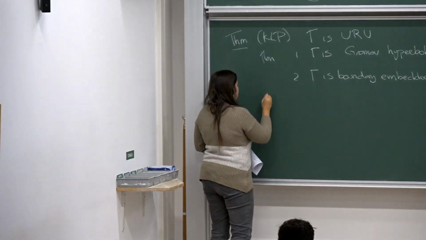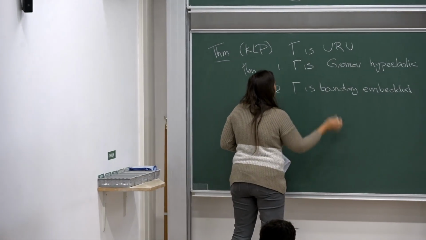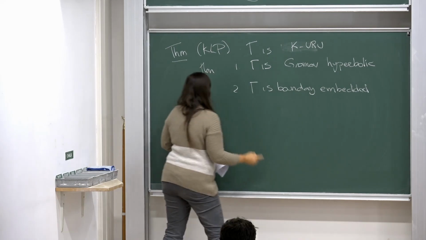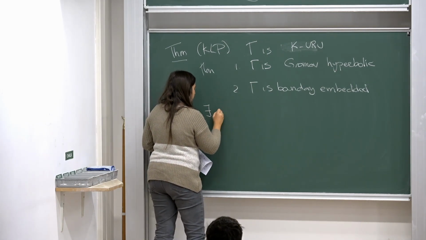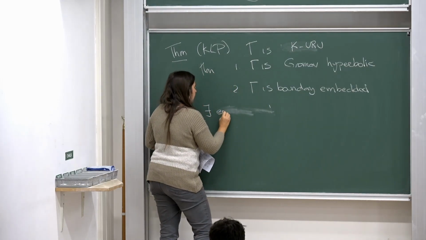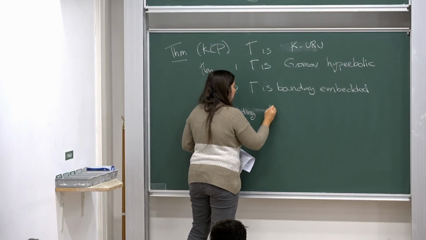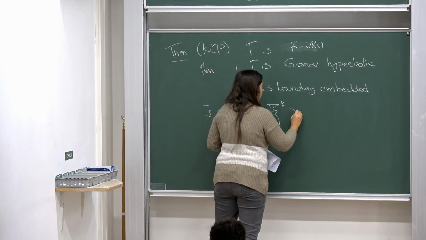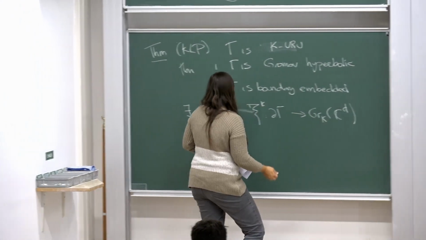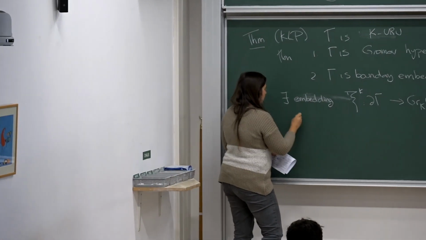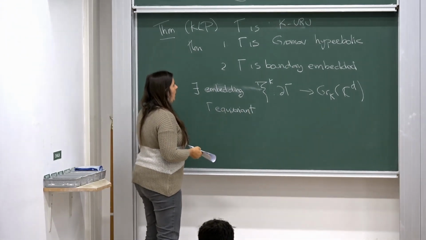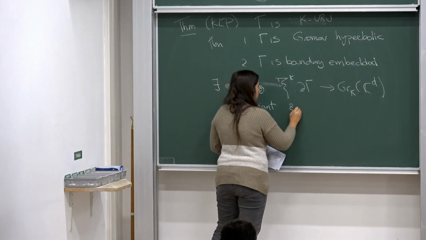Namely, that there exists a boundary map, a continuous embedding, psi_k from the boundary of gamma to the Grassmannian of k-subspaces of C^d, which is gamma-equivariant. And moreover, transverse, meaning that